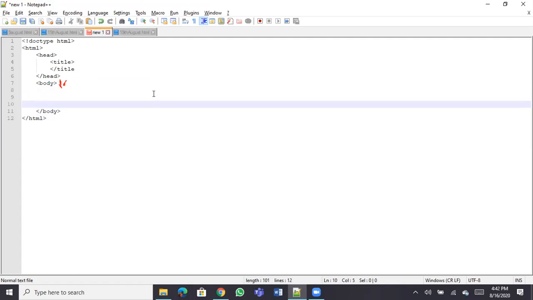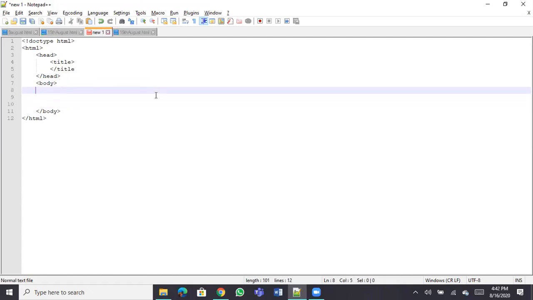We need to use the label tag also, right? Yes, label also will be used.